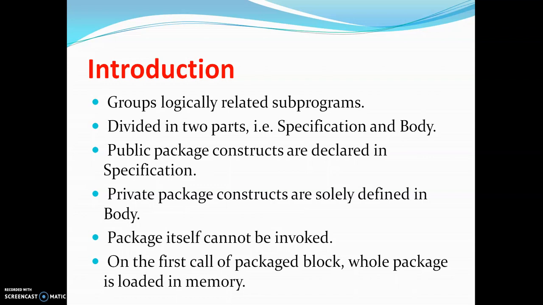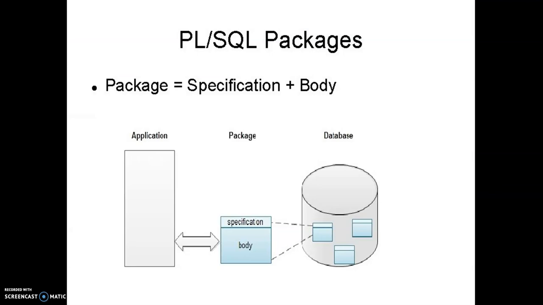So here in the package, you can put multiple procedures and multiple functions which are doing related tasks, meaning tasks associated with a single thing. Now, packages are divided into two parts, that is package specification and package body. In the specification, you can just give the declaration or prototype of the functions and procedures you want to define inside it. So whatever functions and procedures you declare inside the specification of a package are public constructs, meaning anyone can access them, but if you want to create something private, you can just give the definition in the body.